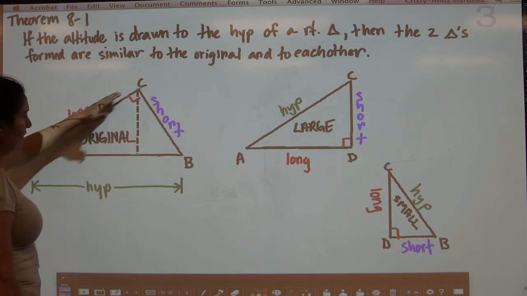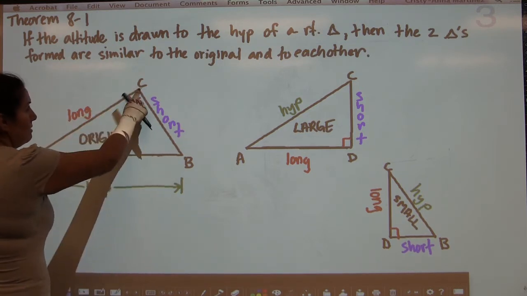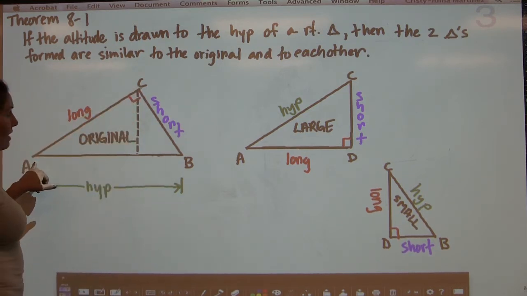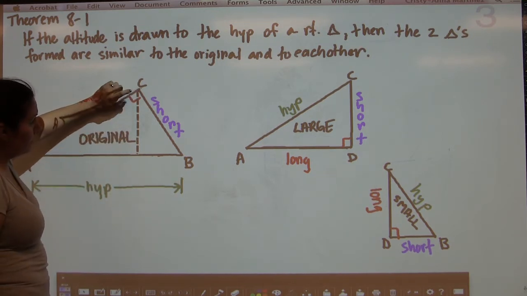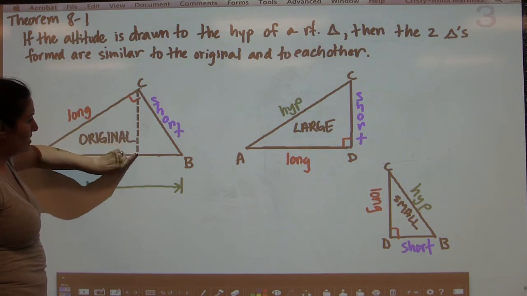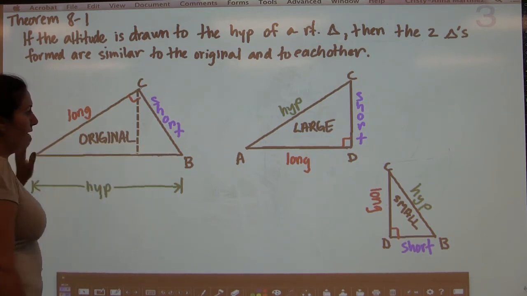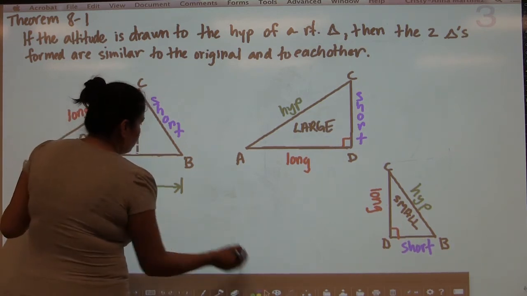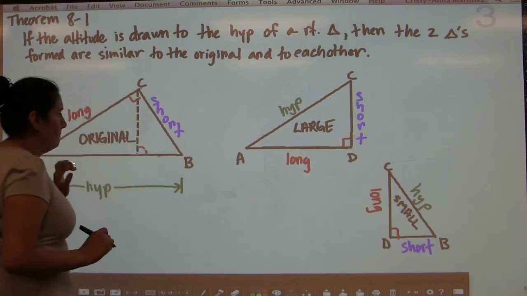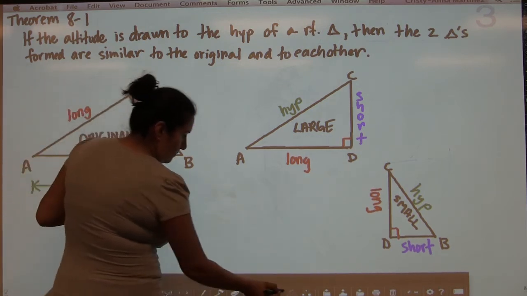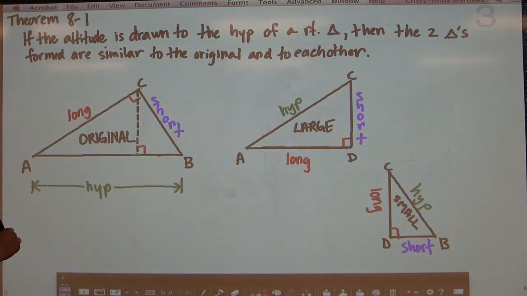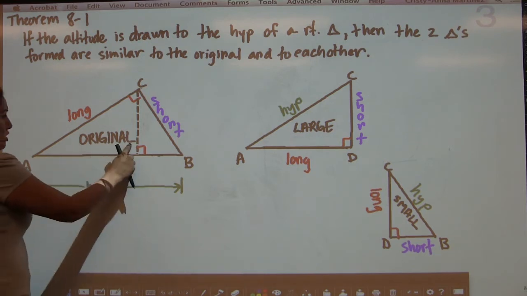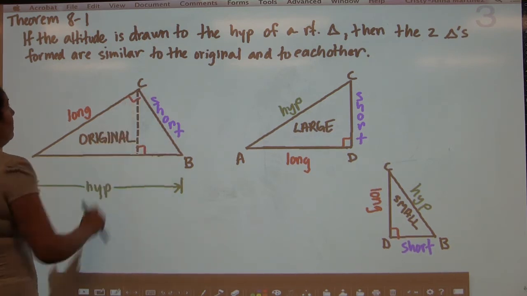So you start off with a right triangle, which is triangle ABC, and then you draw in the altitude, which is the segment that goes from a vertex to the opposite side, which happens to be the hypotenuse, at a 90-degree angle. Okay? Like that. When that happens, then the original triangle, which is why I wrote here original, the original triangle ABC